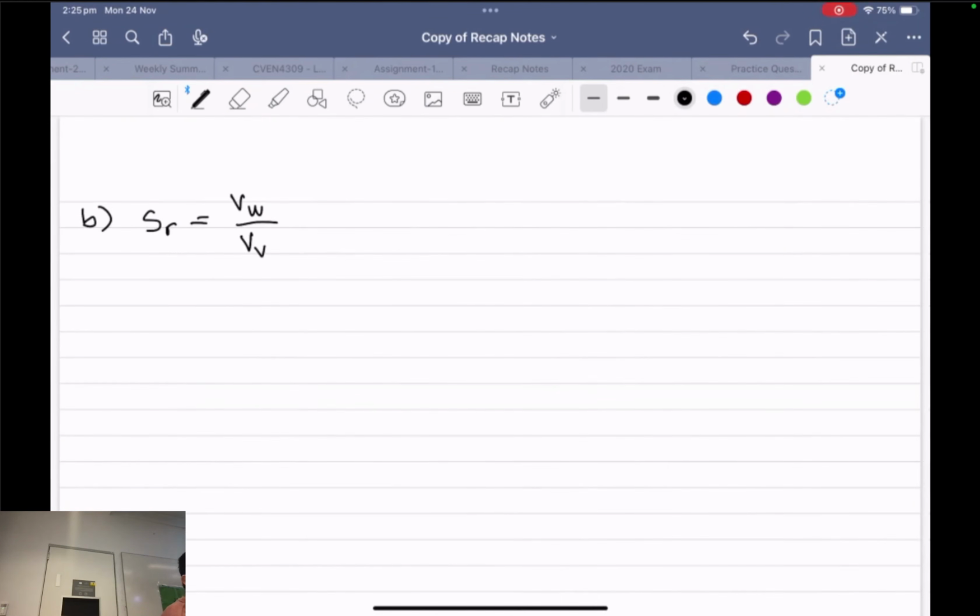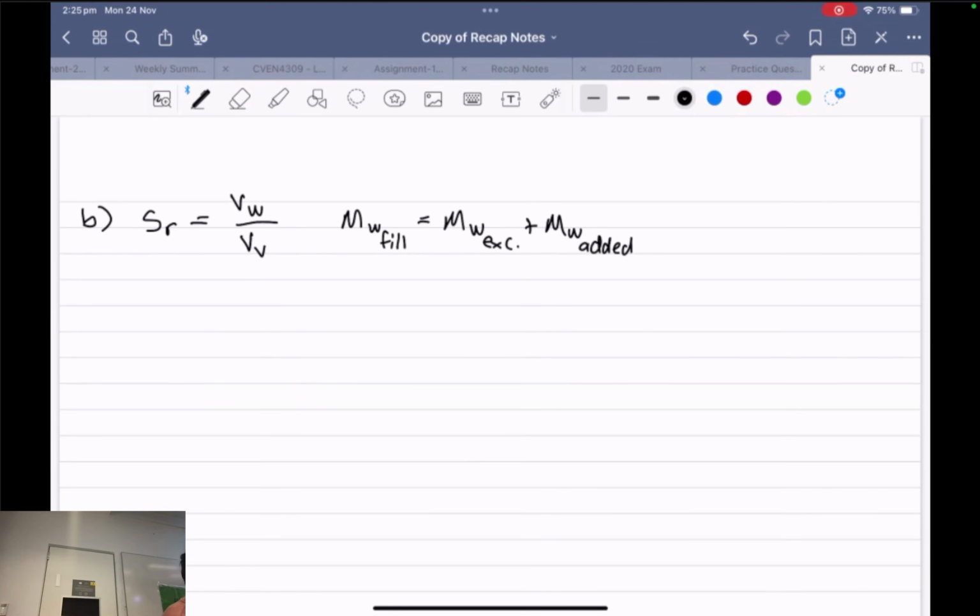So to get that, you need two components. You need volume of water and volume of void. So looking at volume of water first. To get volume of water, we first calculate the mass of water in the fill, right? And mass of water in the fill will equal the mass of water excavated, so the mass of water in the excavated soil from the borrow, plus the mass of water added,